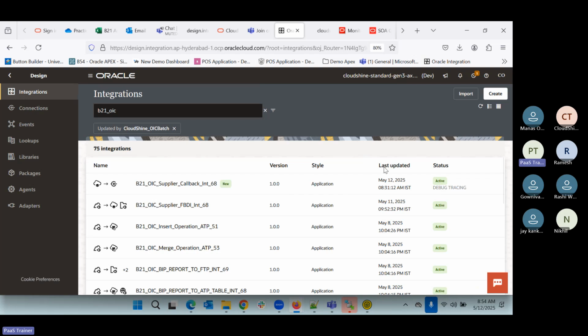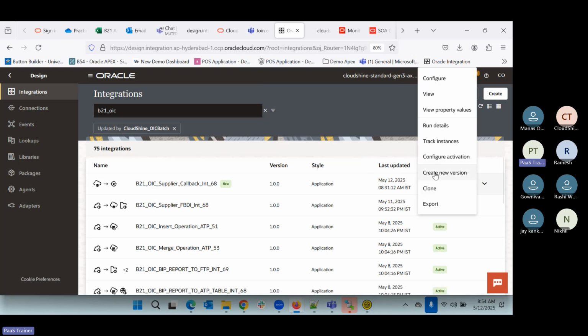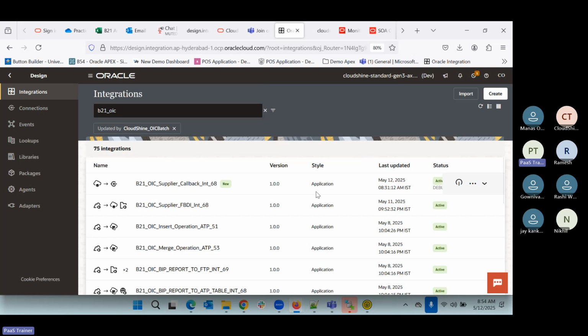Suppose this code is already running and we want to create a new version. Clone we are already doing till now, and in the same way we have the version also. If some requirement change came, we want to have this new version and also keep using the old version, so that at any point of time, if someone says we don't need the new changes, can we go back to the older version only. At that time